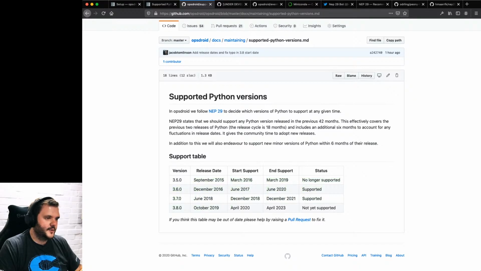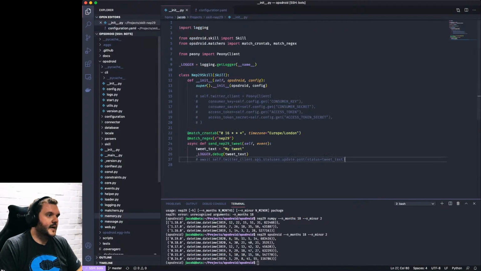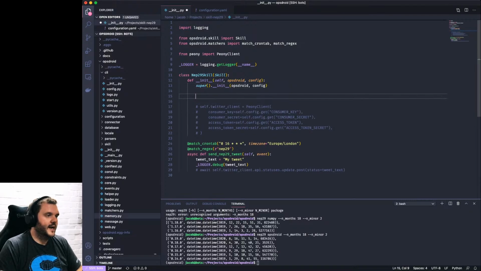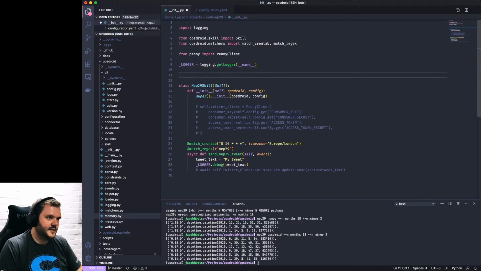But what I think we should do is hard code these for a start. Yes, let's just do that. Let's just start there. I don't want to read that anymore. In here, we're going to have, let's make it a constant, because they should be constant. Python release dates.